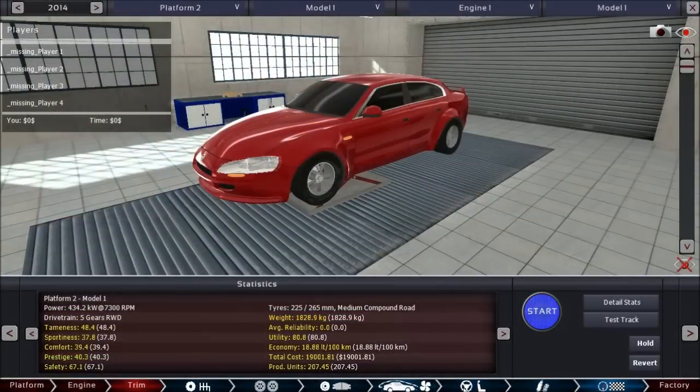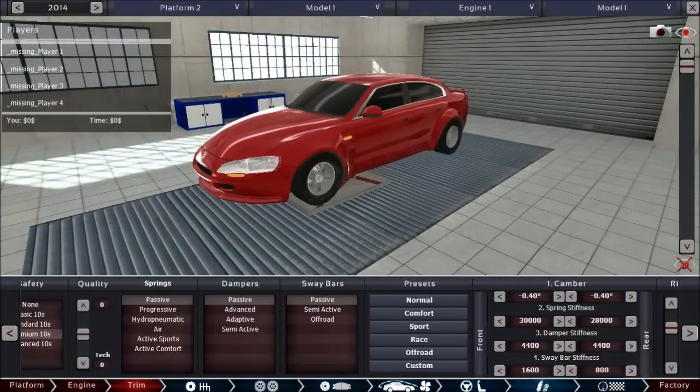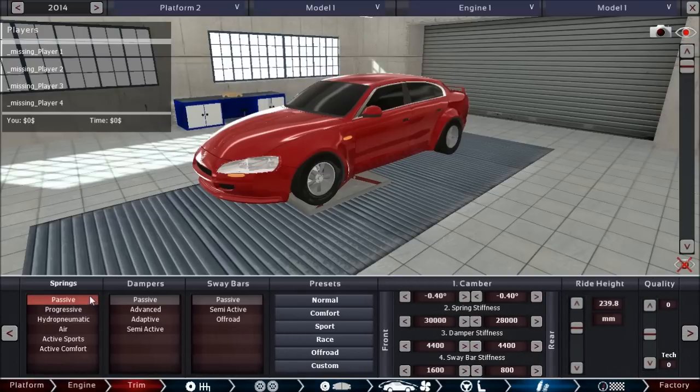And now let's take a look at the new suspension stuff. So we do have lots of new springs, dampers and sway bars, and most of it is done in a reasonably simplistic fashion. So what springs do and dampers and sway bars, they have these stiffness values, but we still want the player to have the full control over what stiffnesses they have and so on. So how these work is basically that they give you bonuses,